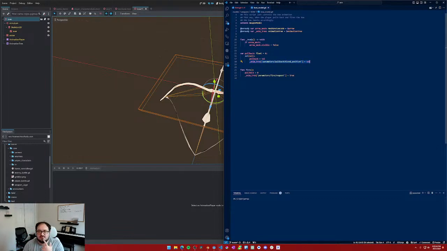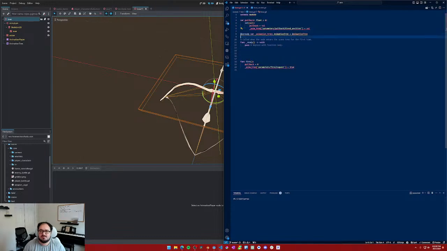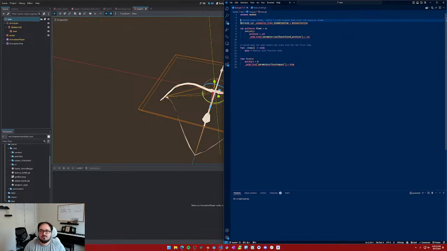So, just thinking real quick. We're basically, let's start with this. Pullback. And then we can actually remove these variables here. We don't need them. This is this. And then